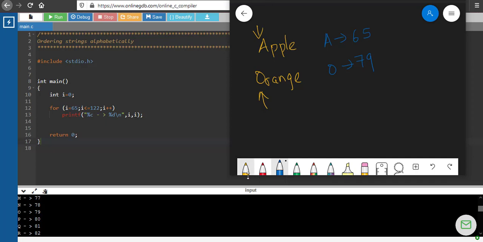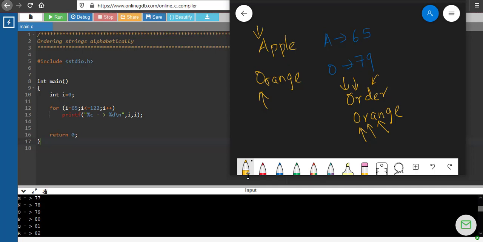Now we'll take up another example: order and orange. In this case, when we check the first character, both are the same. When we check the second character, both are also the same. What happens when we check the third character? Now the third characters are different.